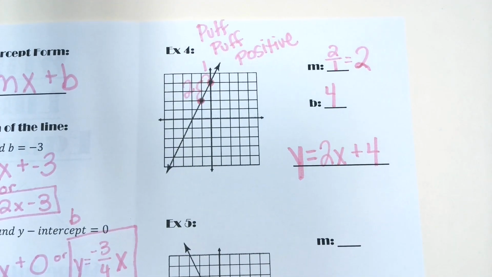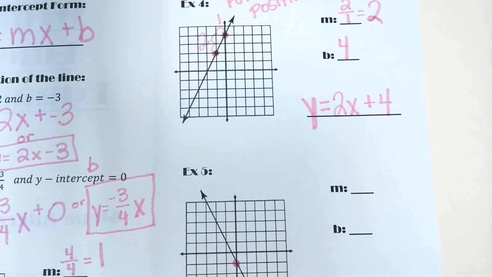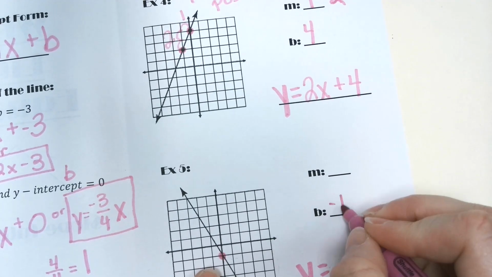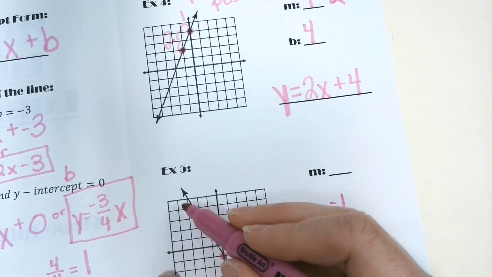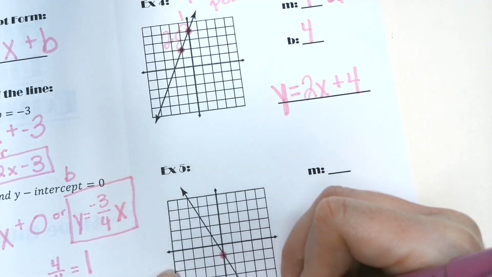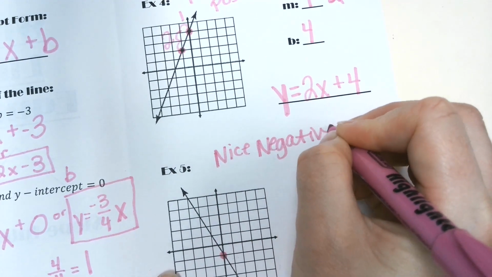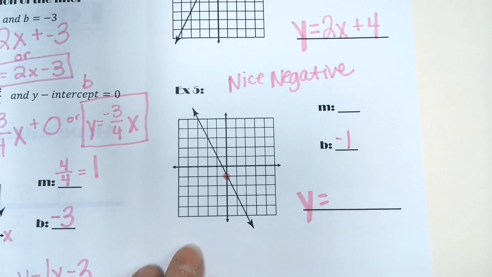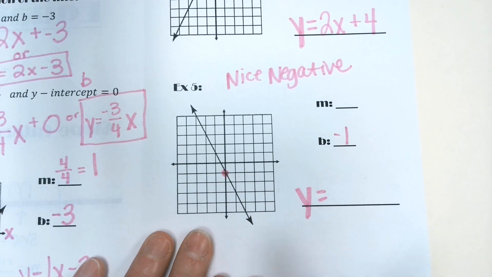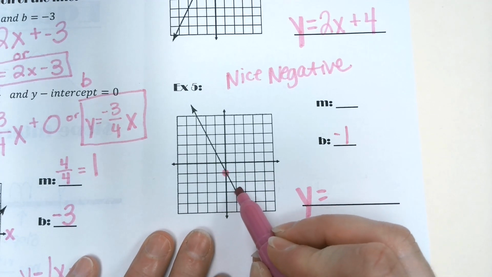Okay, do number 5. Then we'll check it. All right, so our b is -1. And what do you notice about the slope of this line? What's happening with slope, dude? Going down, so it's nice negative. He's going down the mountain, skiing down. Then we need another point. So I have this point. You can find any other point that you choose. You decide. You just need it to be a perfect point. Here's a perfect point,